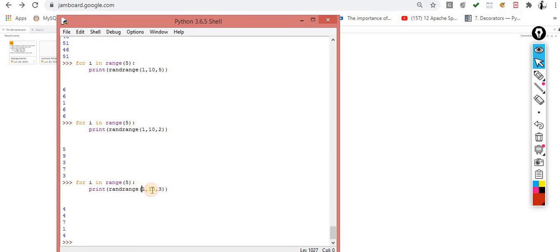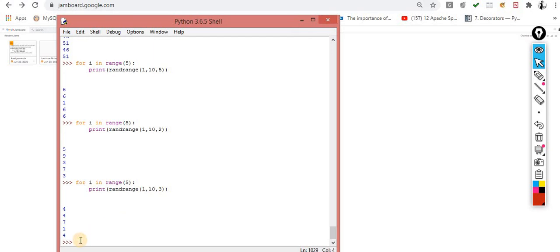Yes, it is acceptable, inclusive. Inside randrange it can generate 1, it can generate 10, as you have seen. Inside uniform, it won't generate 1 and 10.